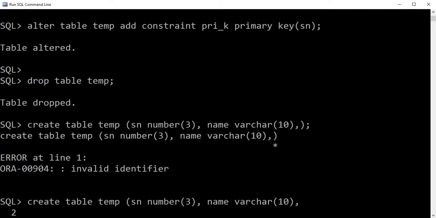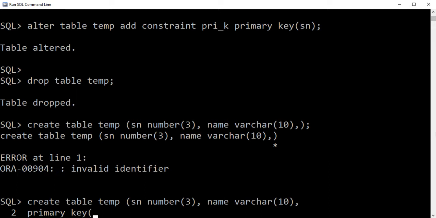here I am writing the query in the second line. This 2 is a default, meaning I am not writing the 2 over here. This 2 just indicates that I am continuing with the same query on the second line. So we can write the query in multiple lines. This time I have declared the primary key.